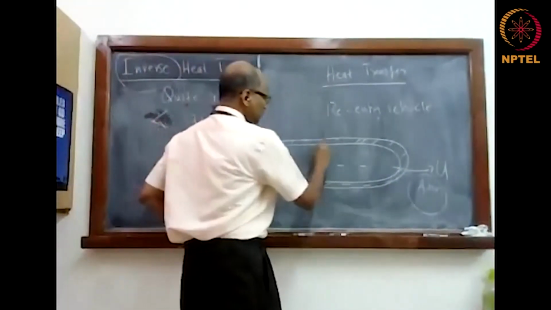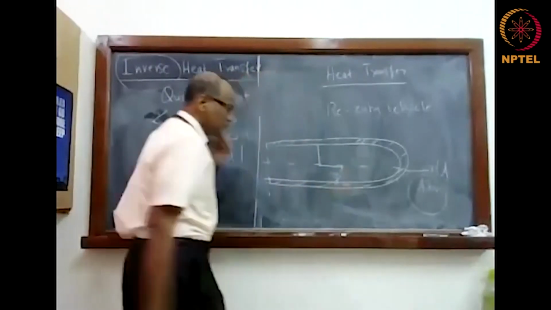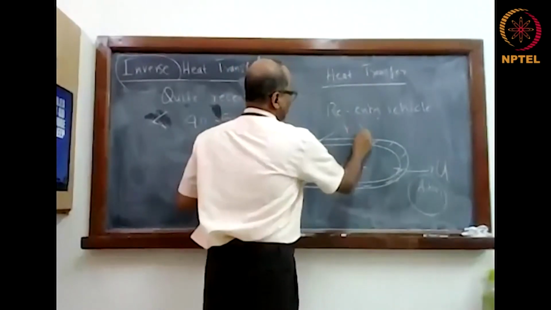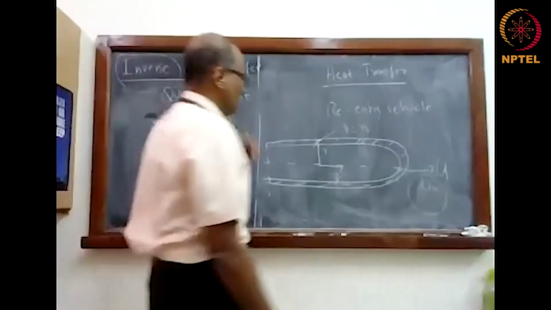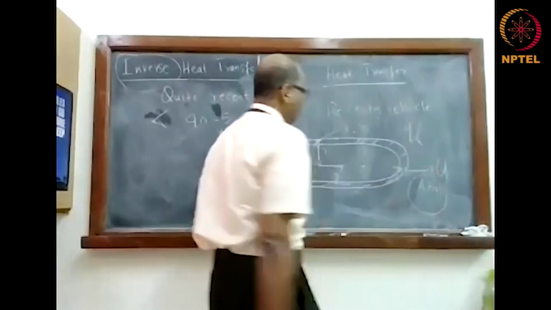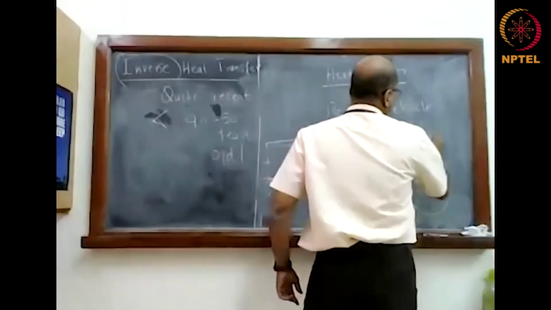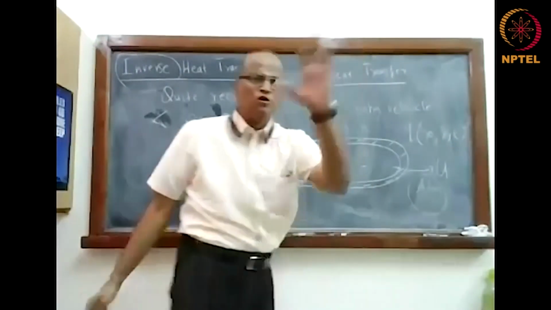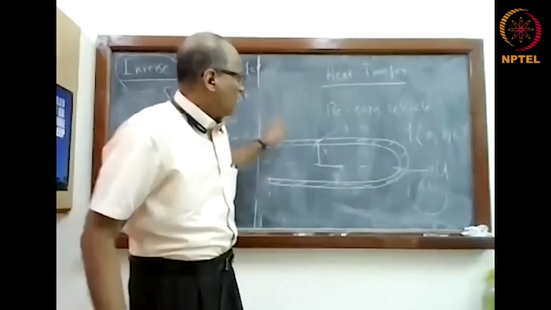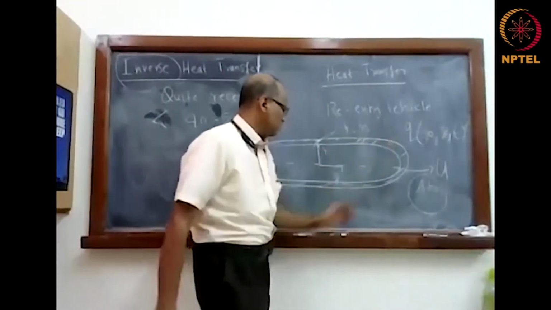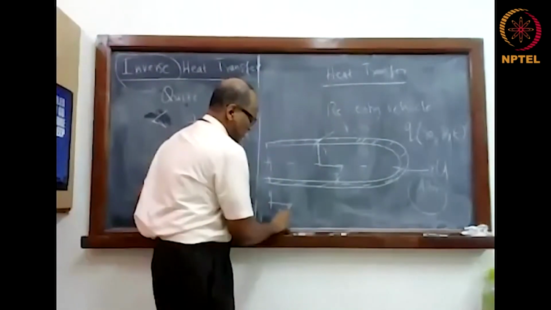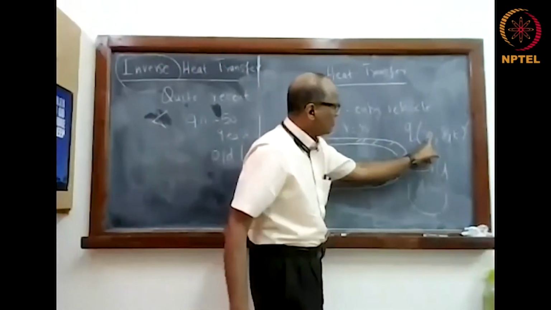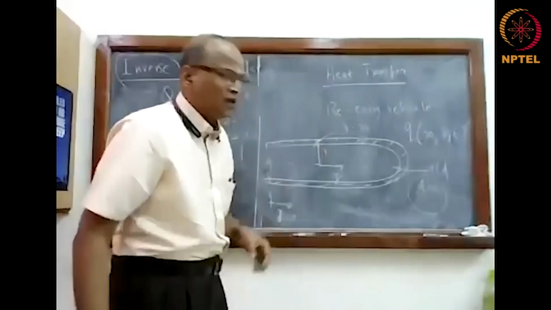Now this is z, and this is r. Here r equal to r naught. So q of r naught, z, t is what you want to know. As the vehicle is going, on the surface at various values of z, you can probably take z equal to 0 here, the origin, the axial coordinate. At r equal to r naught and z at some particular time, what is this? You cannot directly measure.